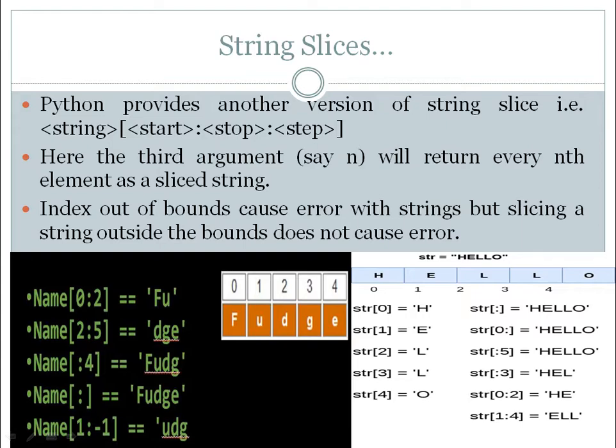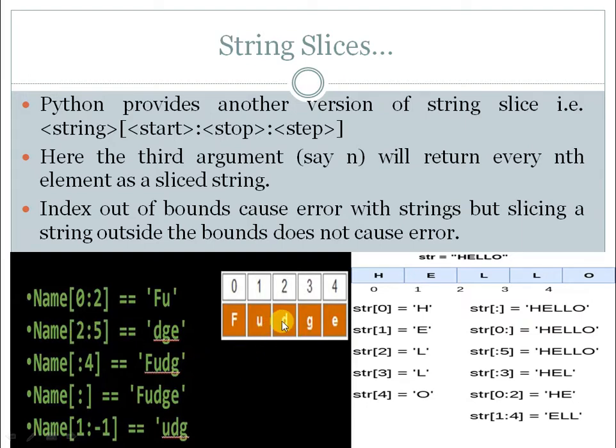So there are some examples for you. This is a string, fudge. Name of this string, 0 colon 2. That means from 0 to 2, not including 2. So 0 is f, then we have u. This 2, that is d, index number 2, will not be included in the answer. 2 colon 5 means index number 2, 3, 4.